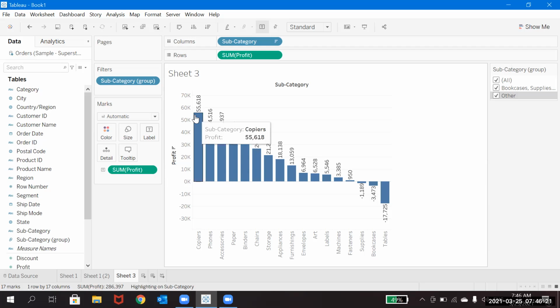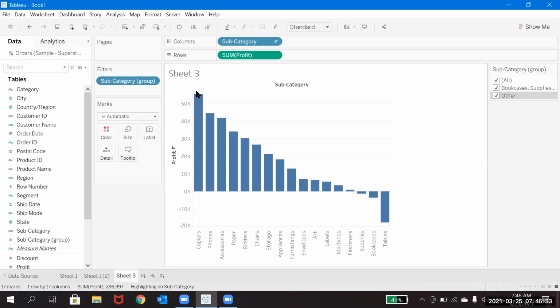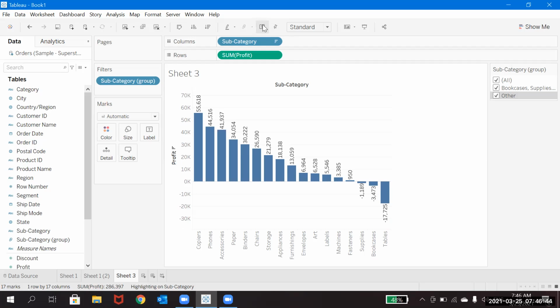By seeing this graph, you understand that maybe the value is more than 50k, but if you want to see the exact value, even without displaying it, if you hover on it you get to know that the profit value is 55k. But if you want to see it manually, physically, you can just click on this, or drag whatever you want to display onto this label, and then the values will come up.